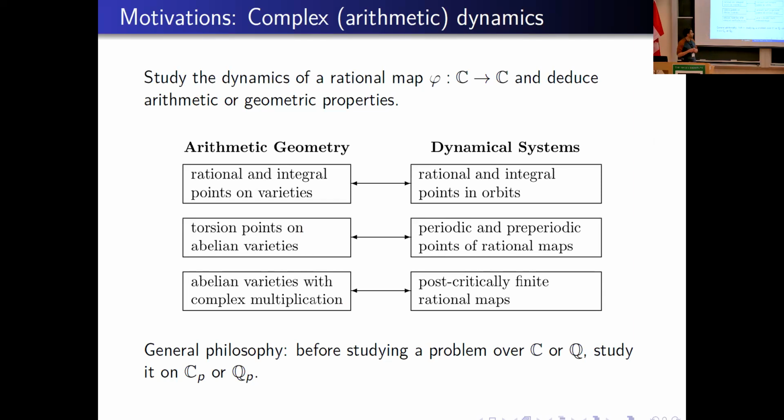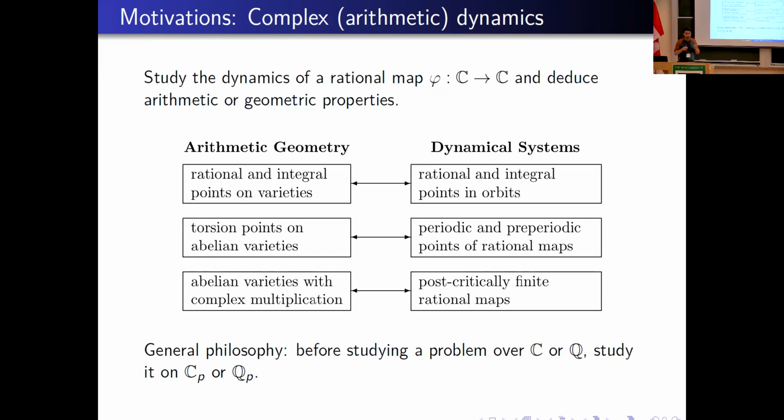If you have a rational map acting on the complex plane, you can study its dynamics for its own right. But it turns out that there is a relation between the dynamics of the map and the arithmetic property of the space and some geometric property. This goes back to the work of Sullivan. There is a dictionary between the points on abelian varieties and some periodic points of the rational